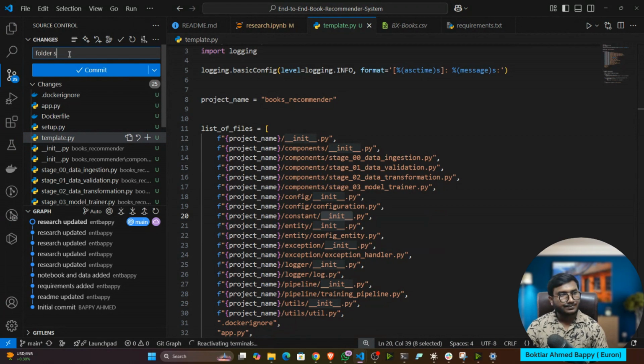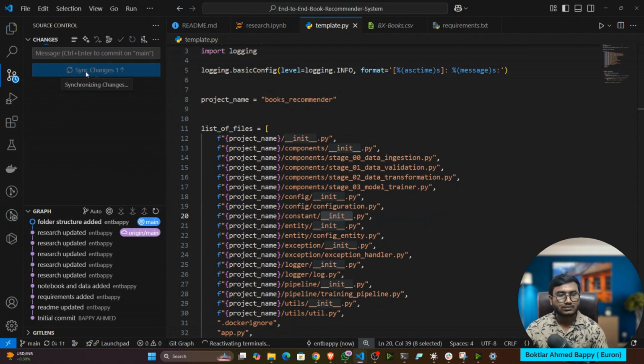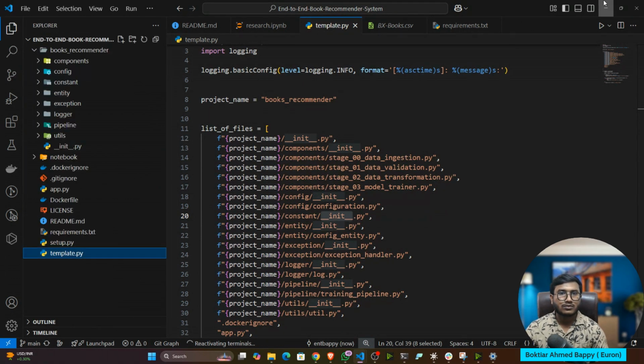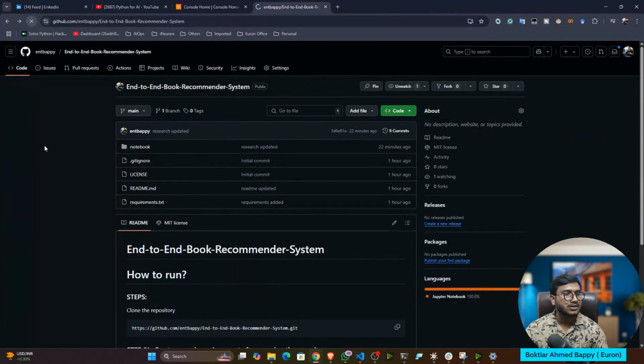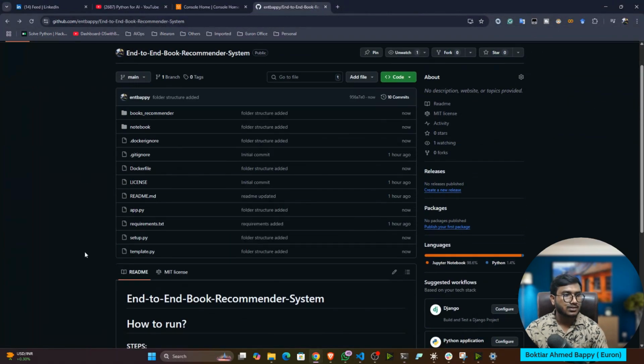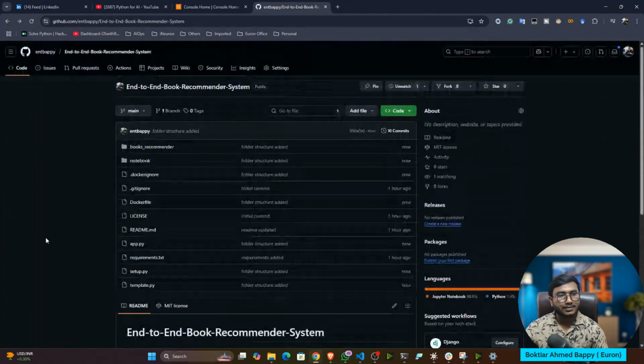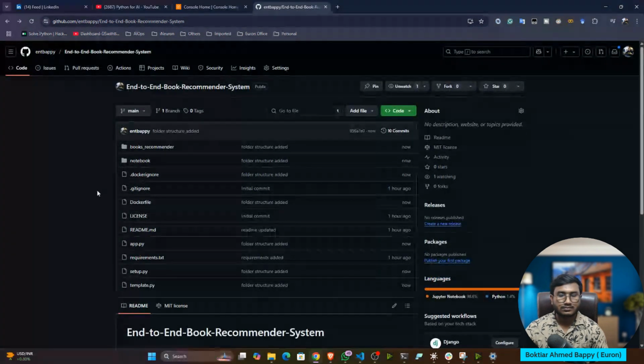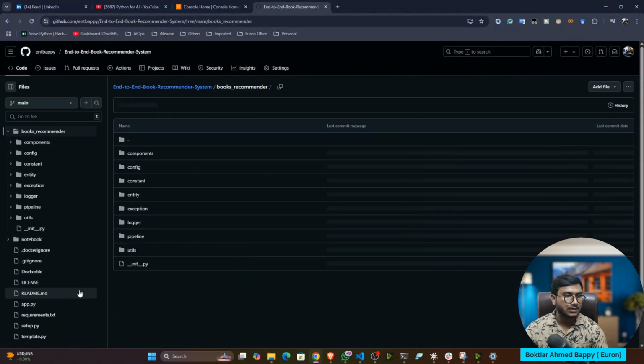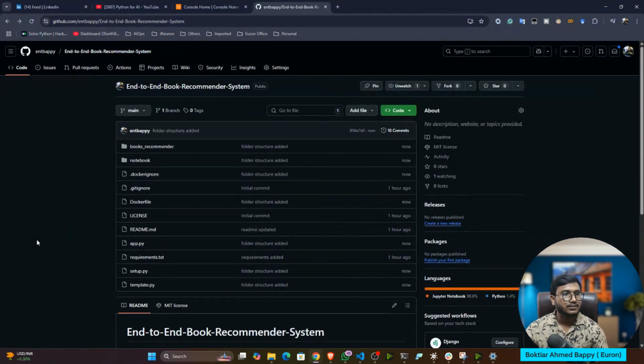Folder structure added. Now if you go to my GitHub and refresh, you'll see this template is updated. You can see all the template is updated.